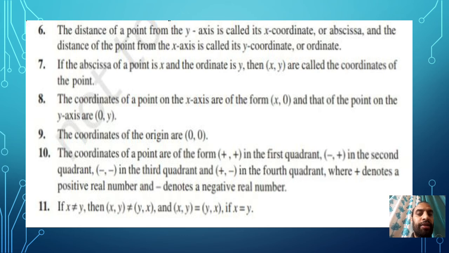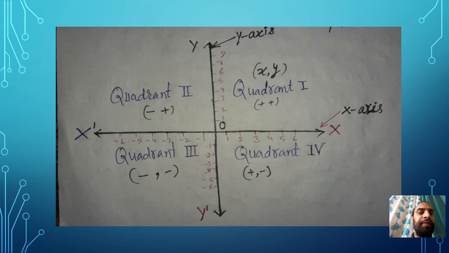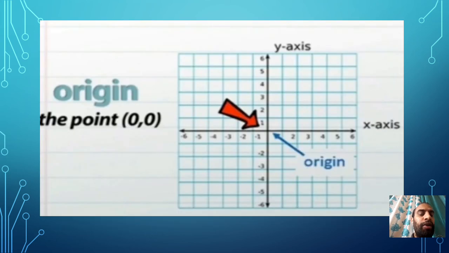So let's see this with the help of a diagram. Here we have a figure. In this figure you can see we have two axes, the x-axis and the y-axis. The horizontal one is the x-axis, the vertical is the y-axis. Here I have written x comma y; in this way we represent values. The first quadrant represents both positive, the second quadrant first negative and second positive, the third quadrant both negative, and the fourth quadrant first positive and second negative. And in the center I have written O. O represents the origin, and the coordinates of the origin are 0, 0.